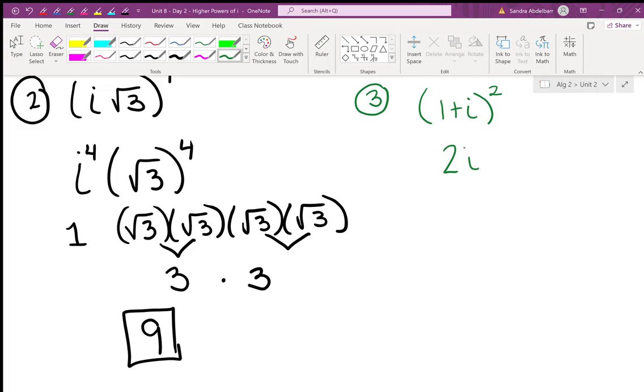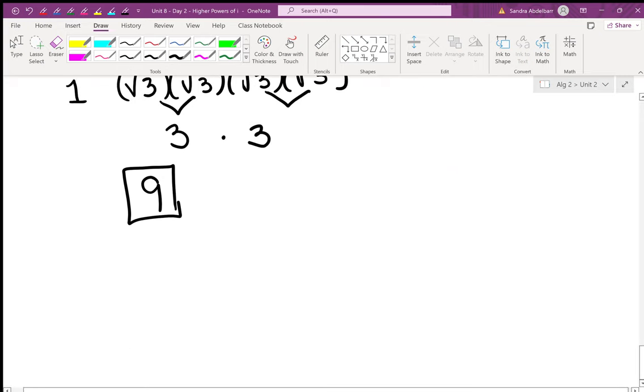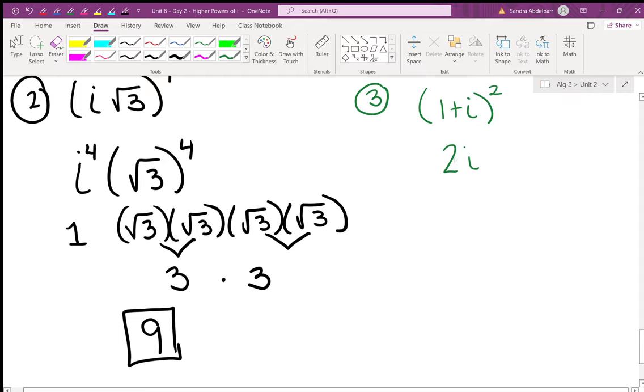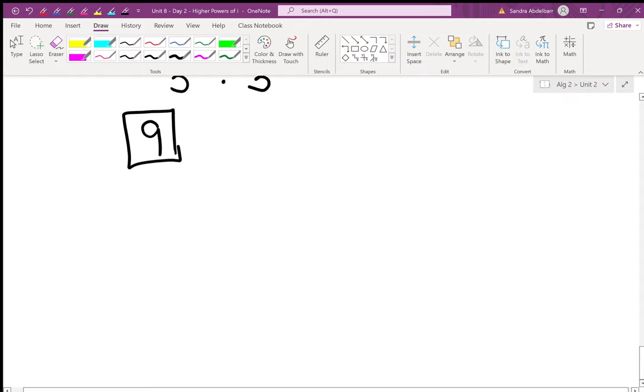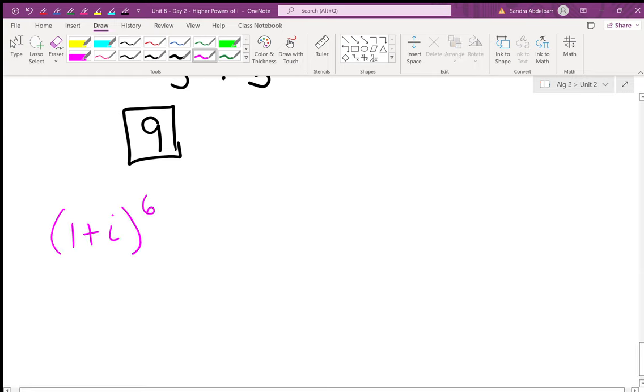Not that you have to, but I want you to know that because it's going to help in the next problem we're going to do, and it will save you some time on the test. If you remember that (1 + i)^2 will always be 2i, when I raise it to higher powers, it's going to make life a lot easier. Let me show you. So here, if we memorize that (1 + i)^2 simplifies down to 2i, and I give you (1 + i)^6,